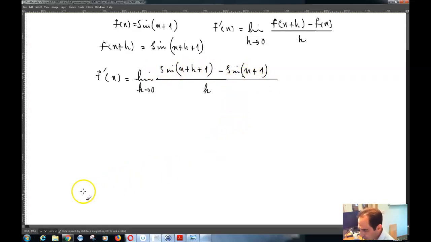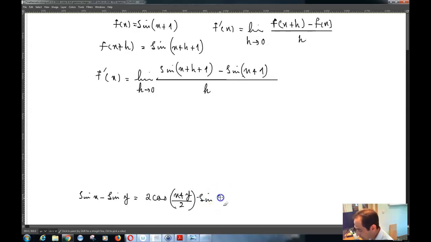Now you know that sine x minus sine y is equal to 2 times cos of x plus y divided by 2 times sine of x minus y divided by 2. So I can write this as the limit of